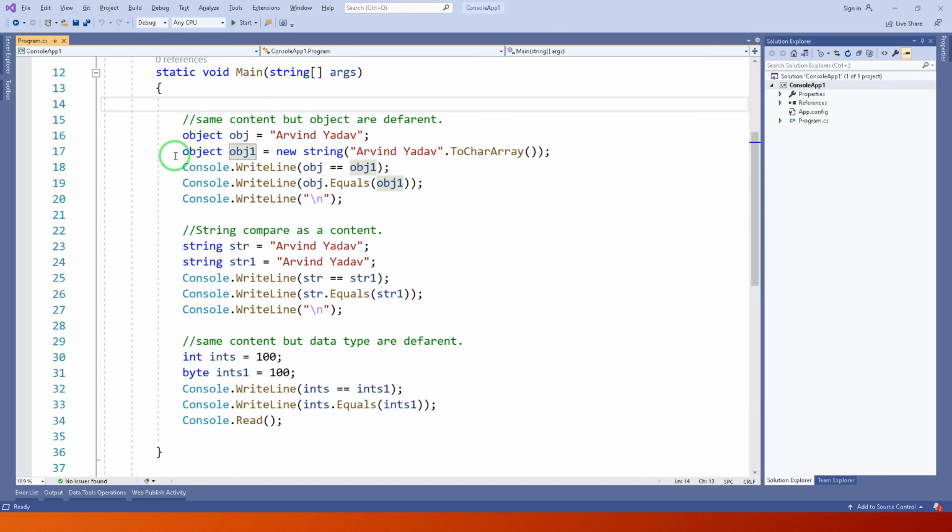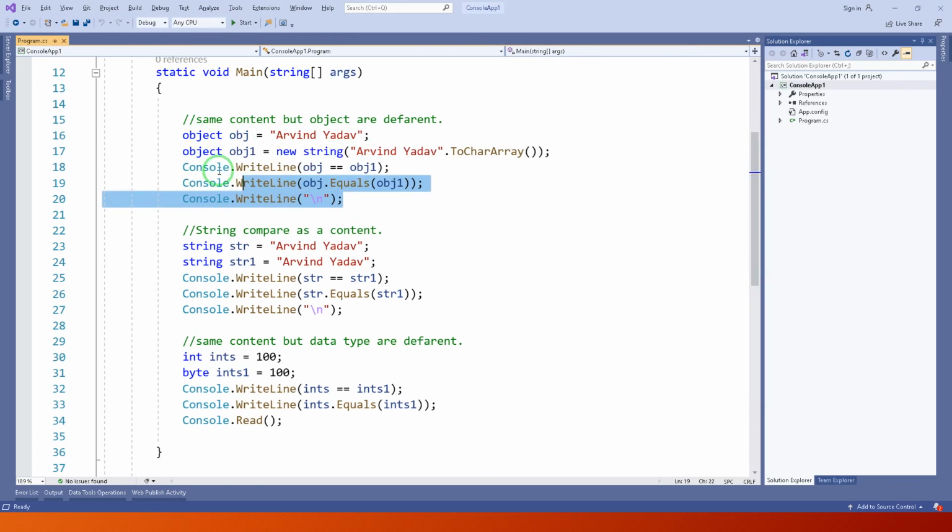In this Visual Studio, I have created one object obj having value Arvind, and object obj1 having some value.